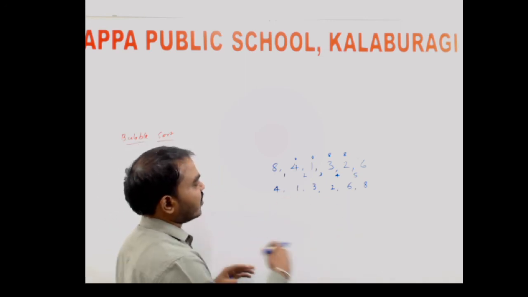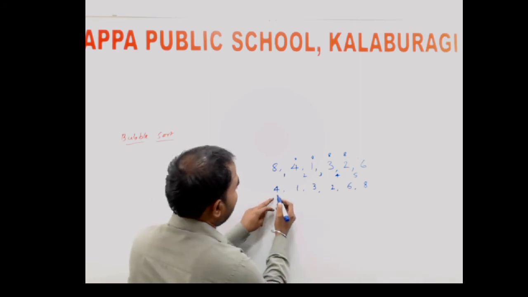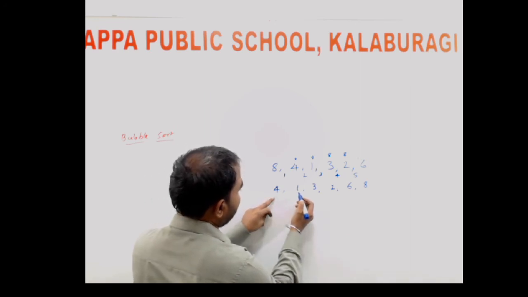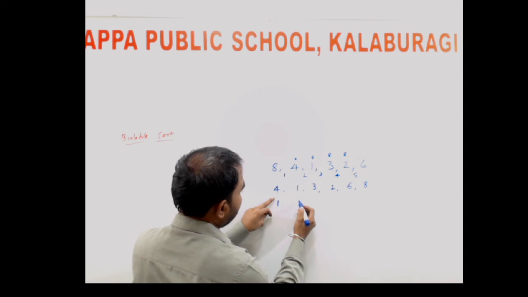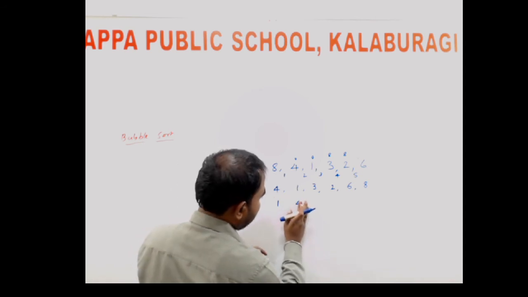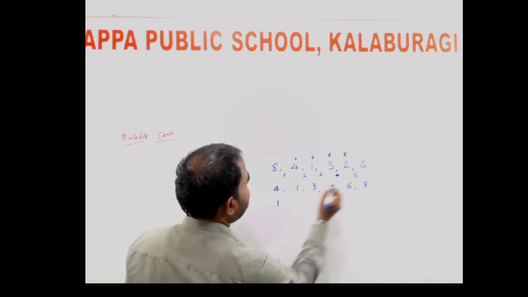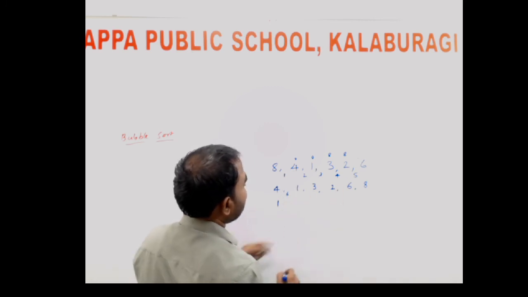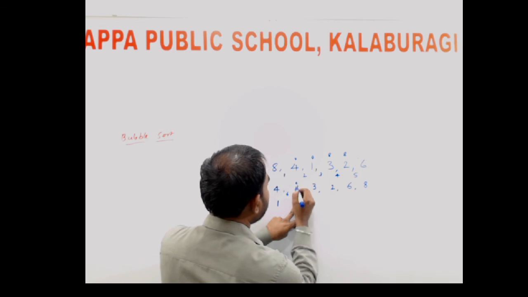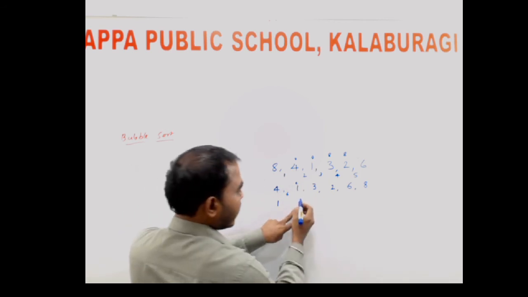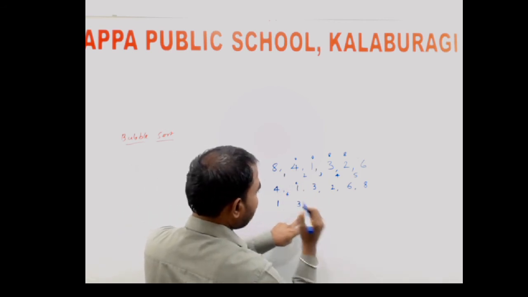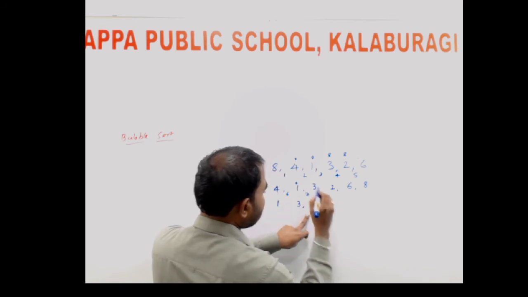Now again starting, right? Again 4 is going to be compared with the 1. 1 is the lesser value, so 1 comes first, then 4. Since the values are in the wrong order, it has been swapped, 6 times now. Again 4 came here, so 4 is compared with the 3 here. 3 is the lesser value, so it has been swapped, 7 times now.